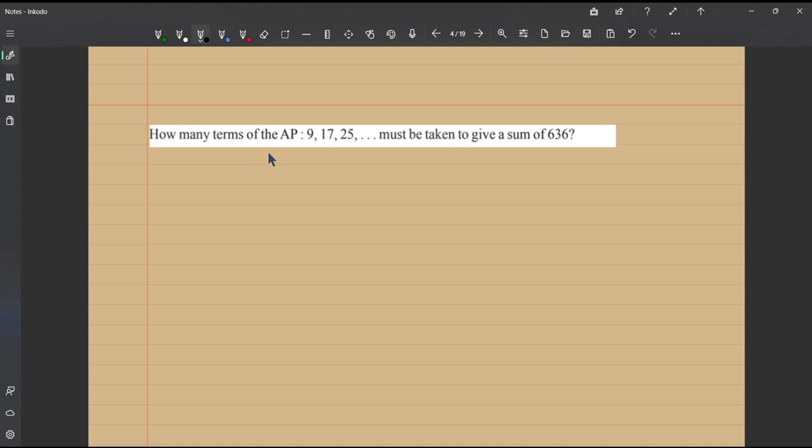How many terms of this arithmetic progression 9, 17, 25, and so on must be taken to give a sum of 636? So the question given to us is how many terms of this arithmetic progression, when added, 9 plus 17 plus 25, this is an AP, which when added till which term? How many terms? N terms gives you